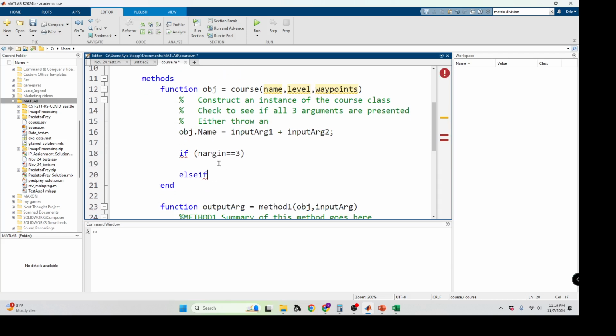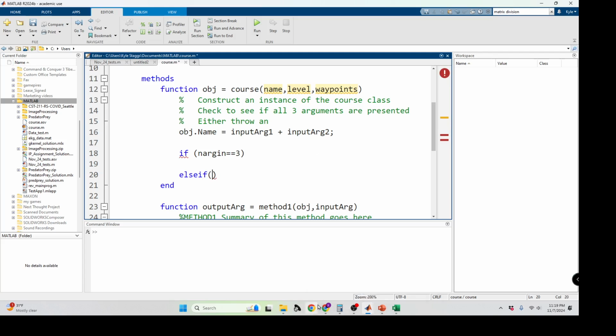Else if. MATLAB is better about automatically aligning and justifying things typically. The else if case. So if it's different than,